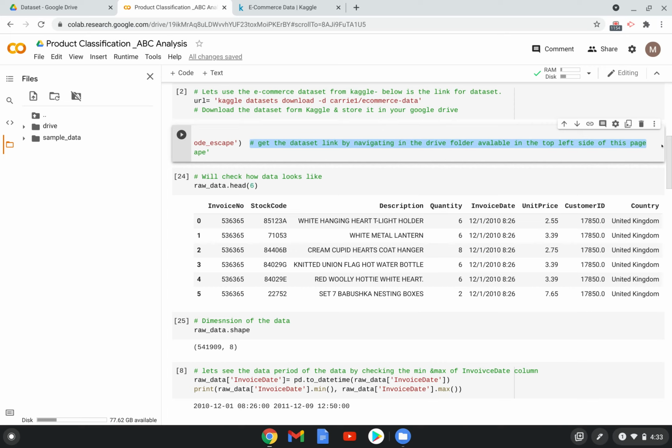So if you are using Anaconda, Jupyter Notebook, or Spyder, any IDEs, then you can specify the path of the file in that IDE. Then any IDE can pick the file.